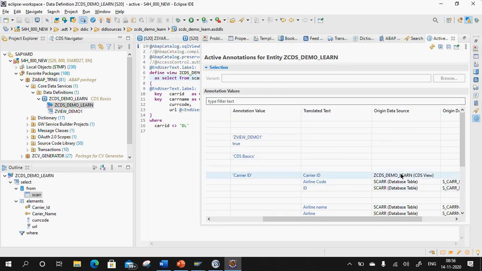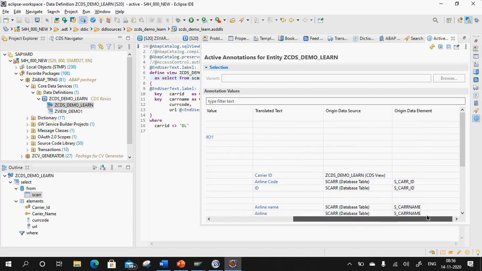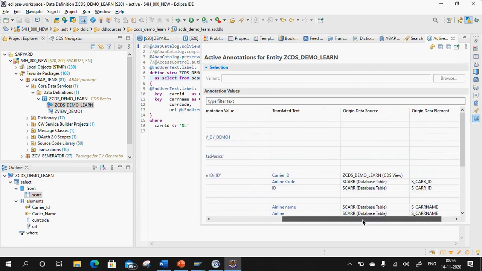Then your original data source, this is your CDS view name, and since I have given the same here, carrier ID, hence the original data source is the CDS view name. But since I have not specified anything here, what is the original data source? It is from my database table, as in from the DDIC objects, and the data element which is specifically helping here is CARRID and S_CARR_ID.